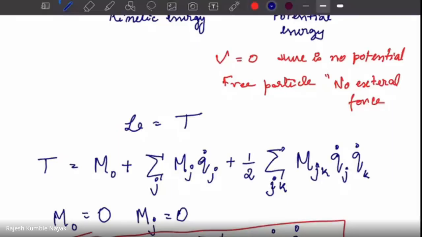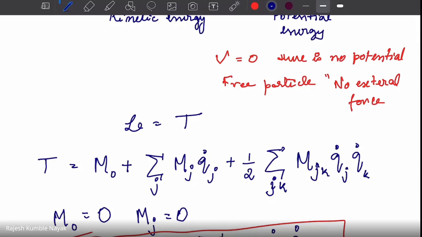Sir, M naught is a scalar and MJs are vectors and MJK is a matrix, right? When you are assuming that MJ is equal to 0 for all J, doesn't it affect the matrix MJK in any way? No, no. It is independent, right? Otherwise, if there is a connection, then it would be a problem. It is not related, right? MI and MJ are independent information which is needed. If they are somewhere connected, some components are going zero by setting MJK zero, let it be.